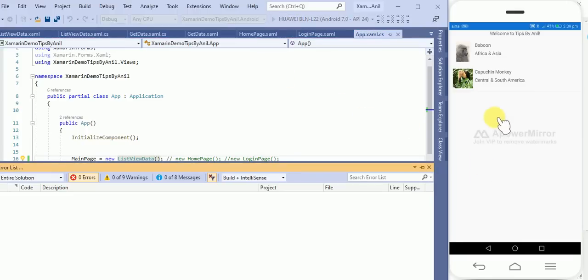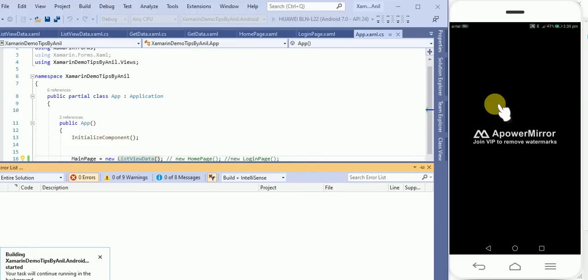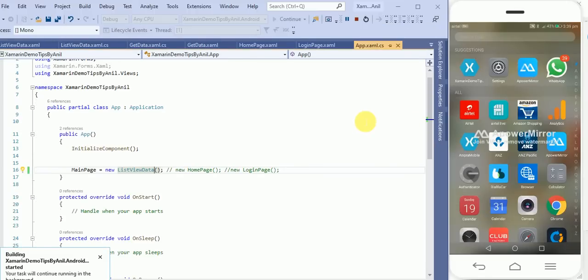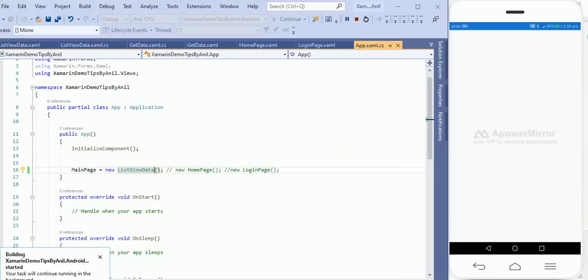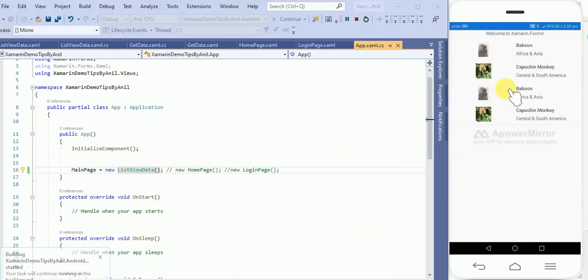Once I run it, you will see four rows, meaning four items. Here you can see four items, as expected.